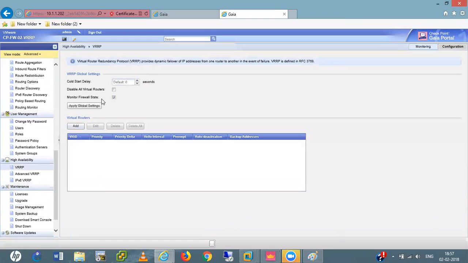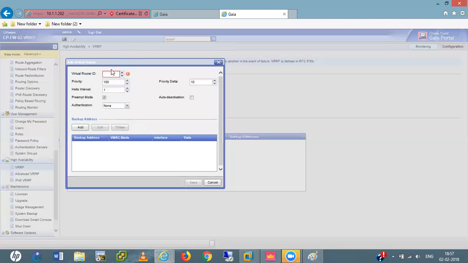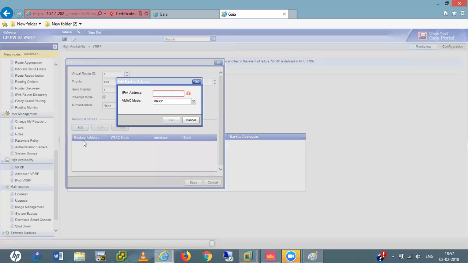For high availability, down here in VRRP, we add the virtual routers. I give the same ID. Here I change the delta, I make it 5. I select auto deactivation. Add the MAC address. Here I add the same address, 10.1.1.200.